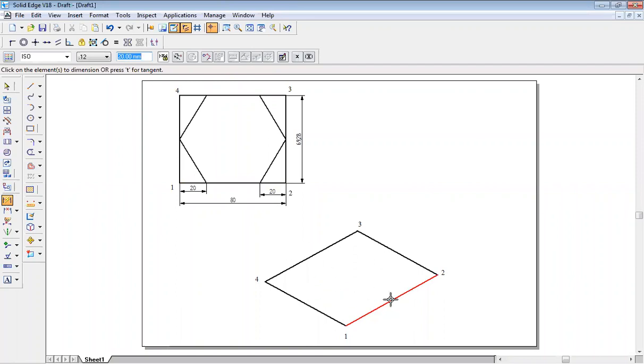Whereas in the system software, I don't have any lines here. So I have to use the arc by center point method. Take this as the starting point, 20 as the radius, cut an arc. From this side also, 20 as the radius, cut an arc. So this is 2 box gap.